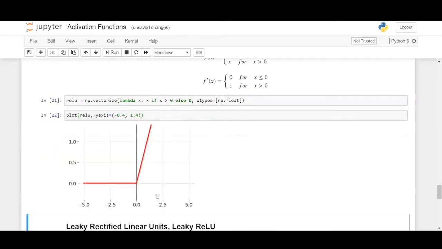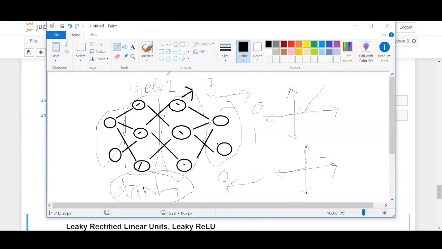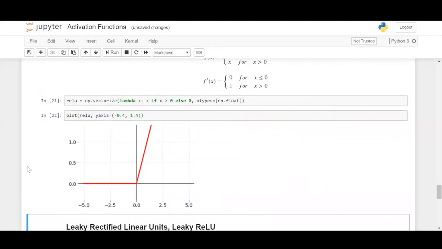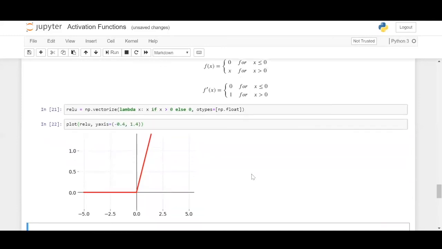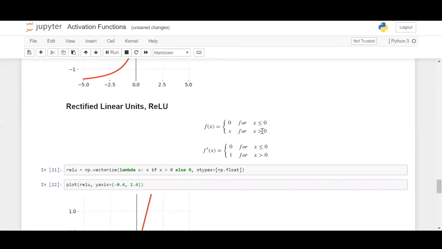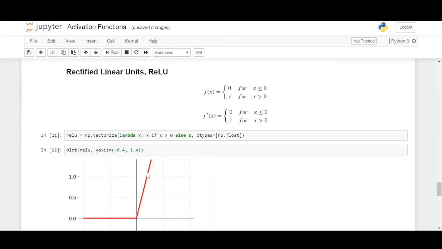So it will basically look like this. As x increases, y increases. And if x is less than or equal to 0, it is nothing but 0 here. So this is the rectified linear activation function. But here, remember, we had decided to use this, the ReLU activation function. So this is leaky ReLU. It's important that you have an idea of the range of values here. So it is between 0 and infinity, right? So these are the ranges of values of a ReLU activation function.